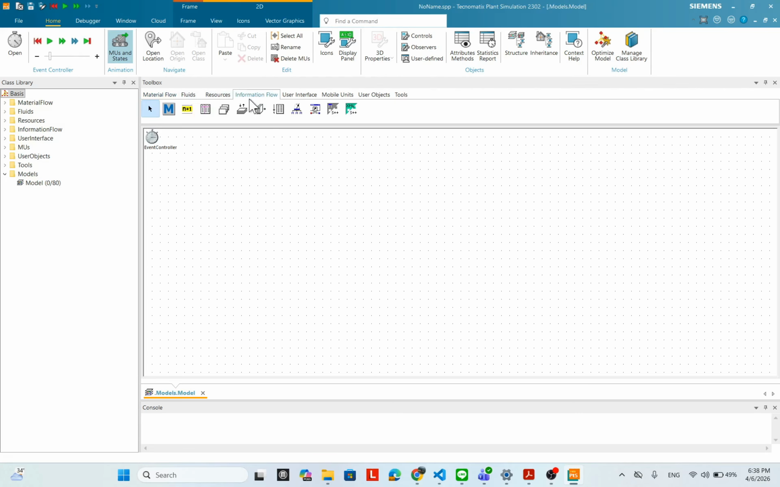Let me use the information flow and select the method, and drop it down here in the workspace. Simtalk is just the language under the method object. The method object has an advantage regarding the number of objects, which is limited